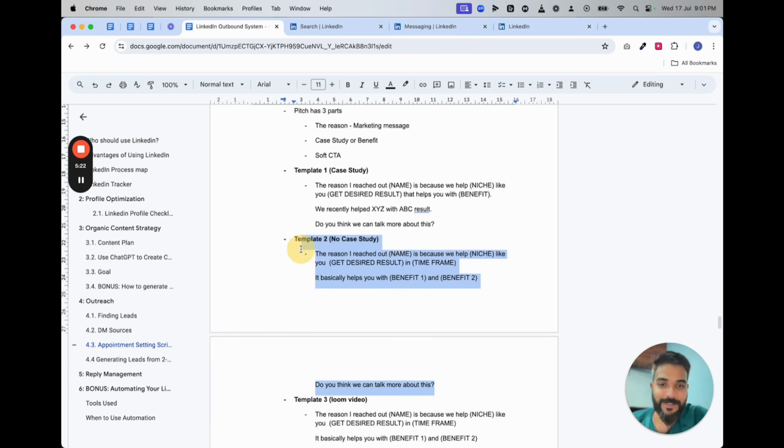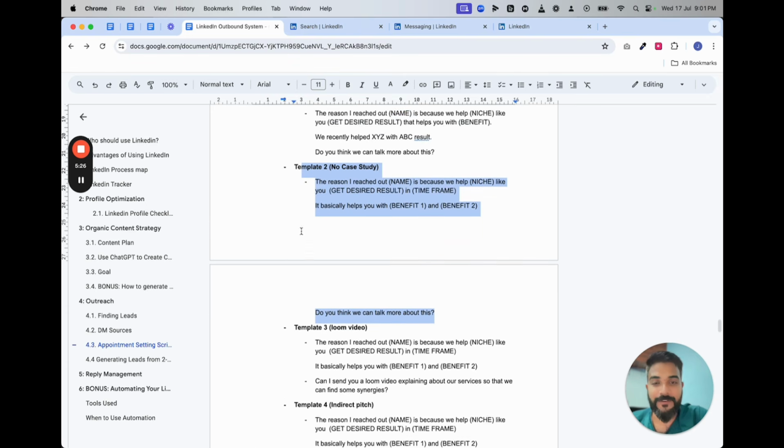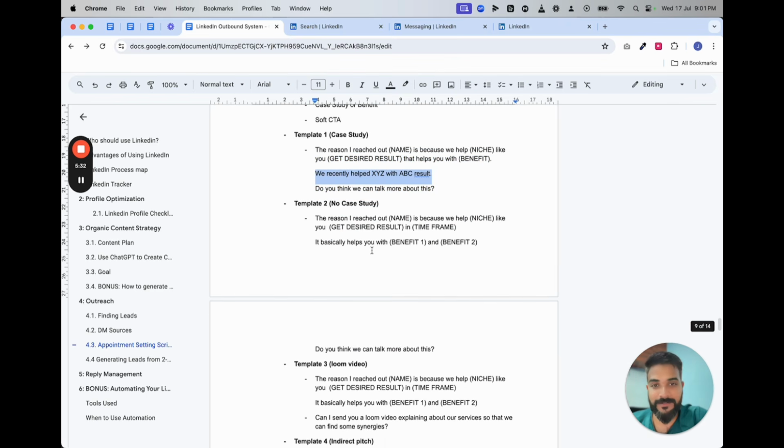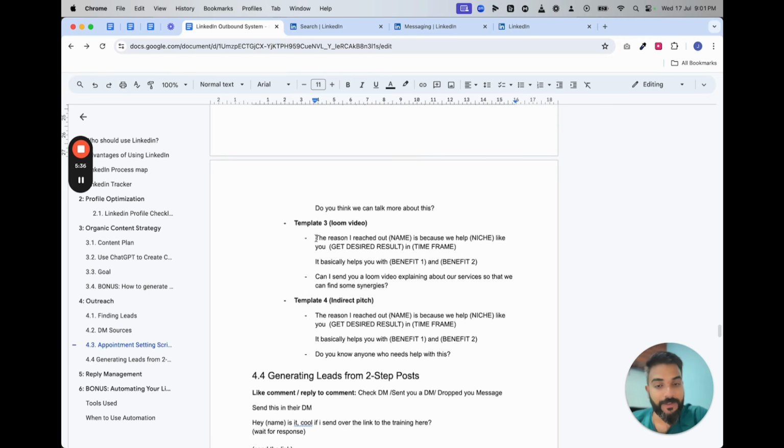If you don't have case studies, of course, you'll get fewer results. If you have, you can even make it better. If you have a relevant case study in template number 1, it's even better. If you don't, just add a big number. That's fine. If you are working in a tough market, a very competitive market, where the service is competitive and the niche is competitive.